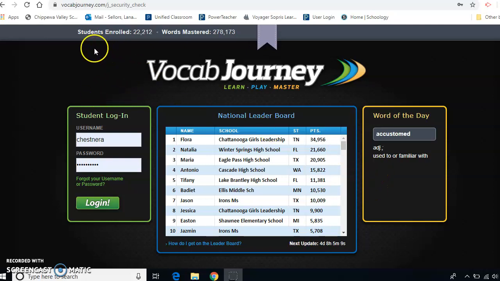This is the student view, so you want to go into vocabjourney.com, preferably using Google Chrome or Firefox, I think also works. So your students should know their login information from school, and if not, let us know and we can get you their login if they forgot it. But once they log in,